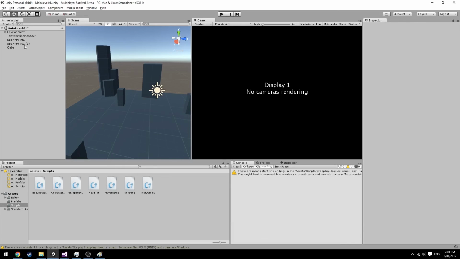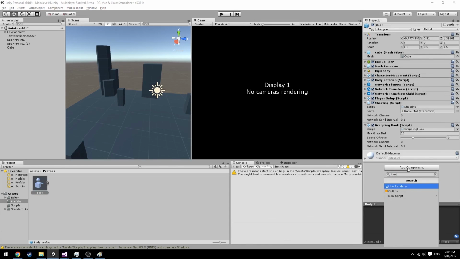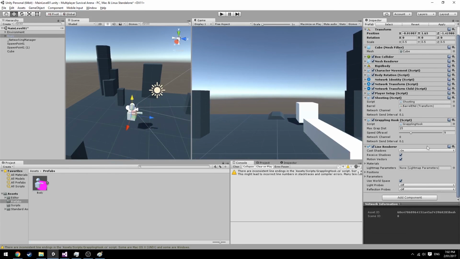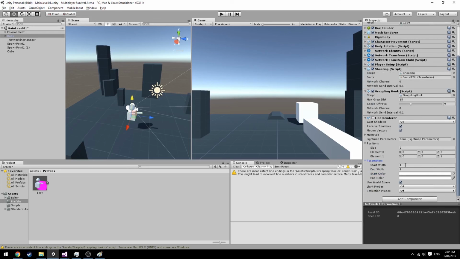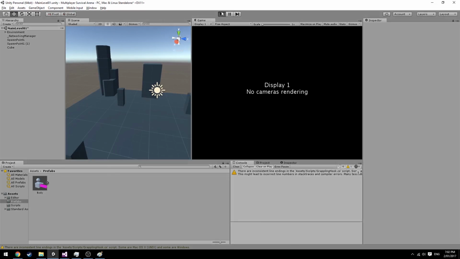So go back to our prefabs, go to here, and we want to add a line renderer. And by default, let's drag it into the scene here, and we want to disable it, and we'll make the starting parameters 0.3 and 0.3, and let's just see how it works now. So let's apply, see how it looks now,